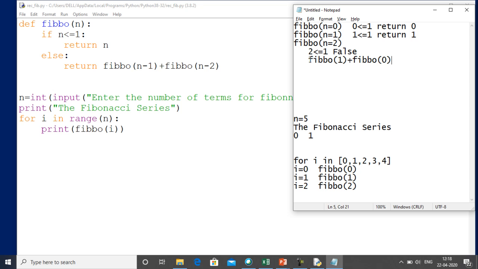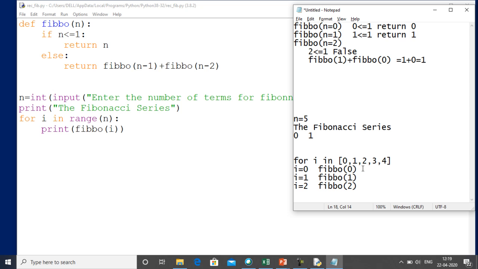When it calls Fibo 1, we have already discussed that we get the answer 1. Obviously 1 is less than or equal to 1, so it will return the value 1. And when Fibo 0 is called, as you all know, the value returned is 0. So 1 plus 0 is 1, so this will return the value 1.